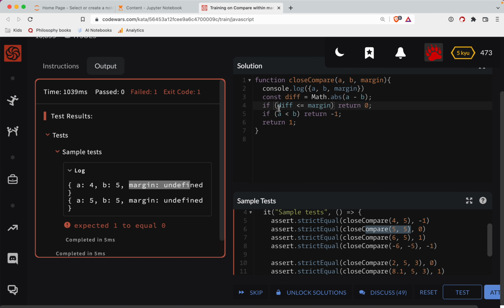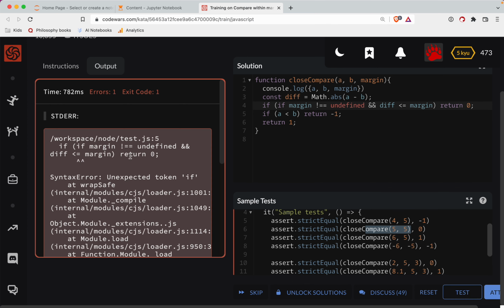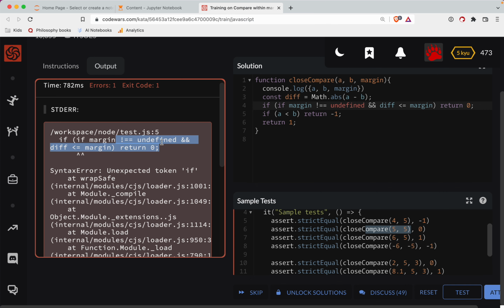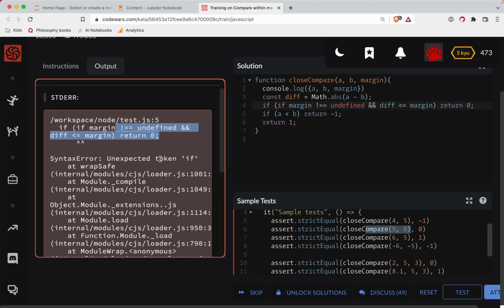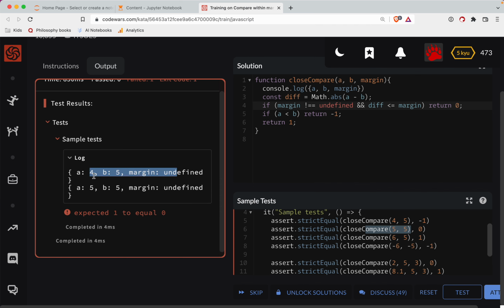So what I need to do here is, if there is a margin, so if margin does not equal undefined, and all of that stuff. Now let's test these out. So if margin is not undefined and diff is less than margin, return 0. Unexpected token if. Oh, whoops. I did it inside of there. Let's test that out. All right, so we're still getting it wrong. I'll be darned. So margin is defined, a is less than b, we should return